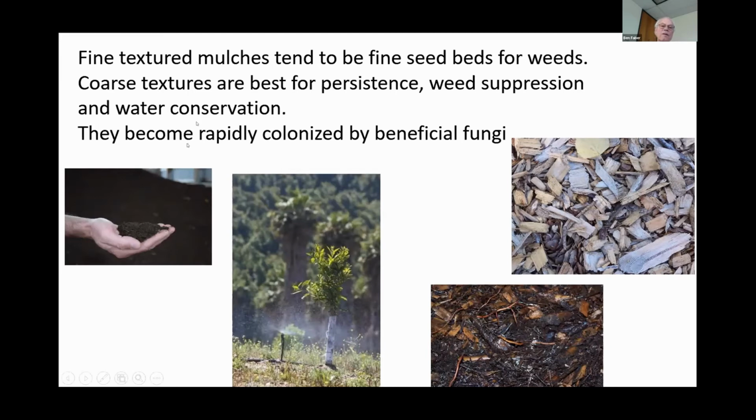We've found that over time coarse textured materials are more persistent. They lead to some weed suppression and water conservation. And so this idea of persistence is important. We're trying to stabilize the system. We're trying to create an environment that is good for the roots, good for the tree, and we want those roots actually into the mulch, out of the soil where oftentimes we have